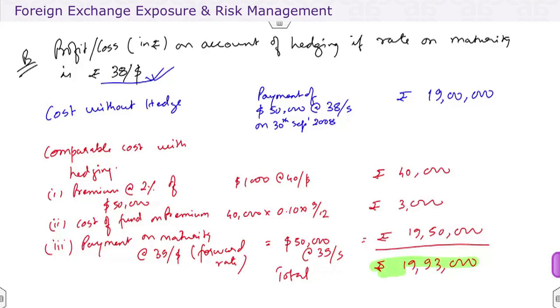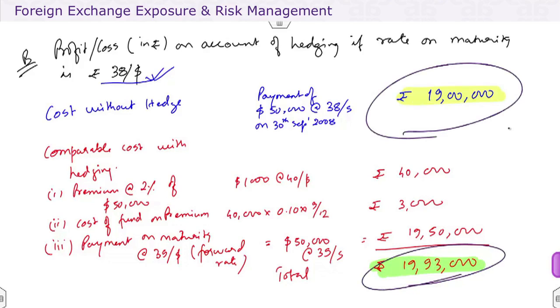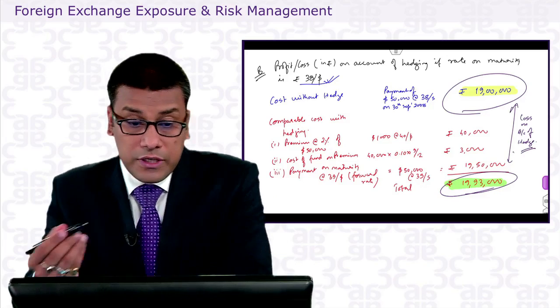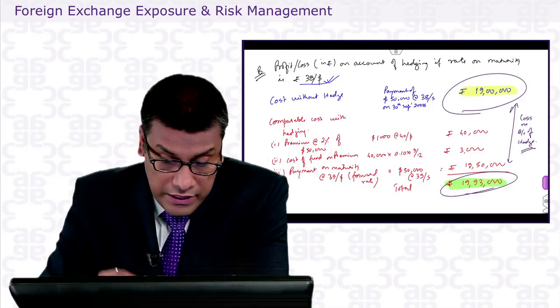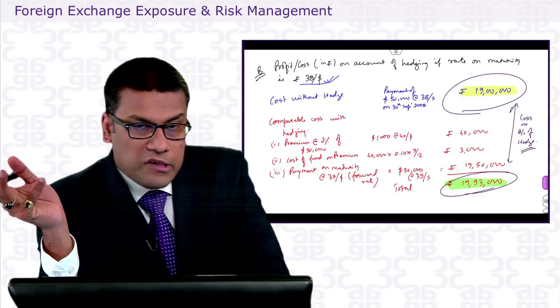And now when you compare the cost with hedge and the cost without hedge, you see that without hedge you are entering into some kind of a profit, because the rate fluctuated. So in this case you are entering into some kind of a loss on account of hedging. Since you hedged, you enter into some kind of a loss in this case, because the rate that you enter would be obligatory in all cases,